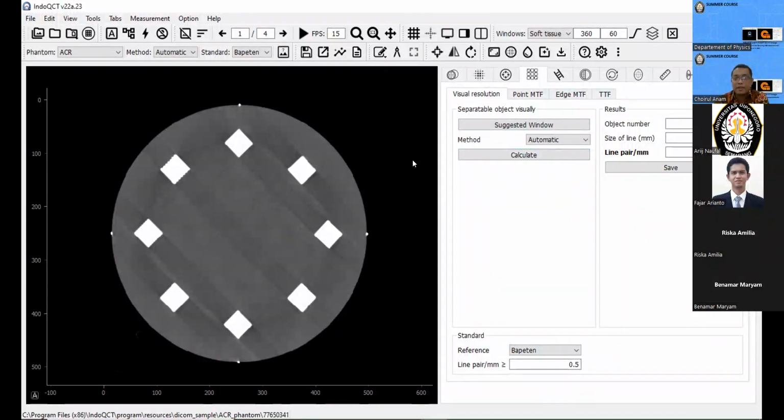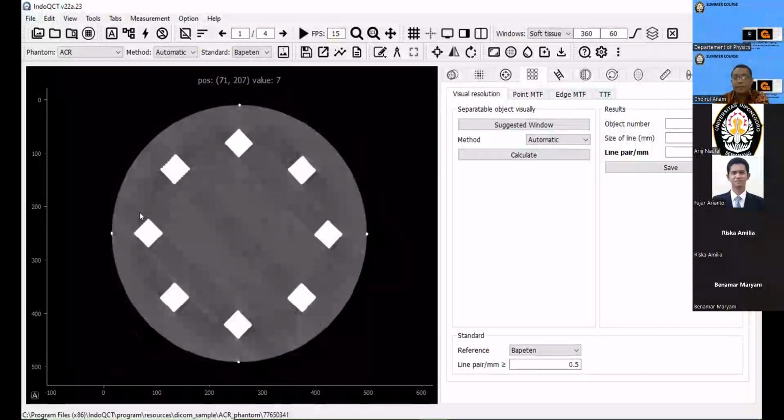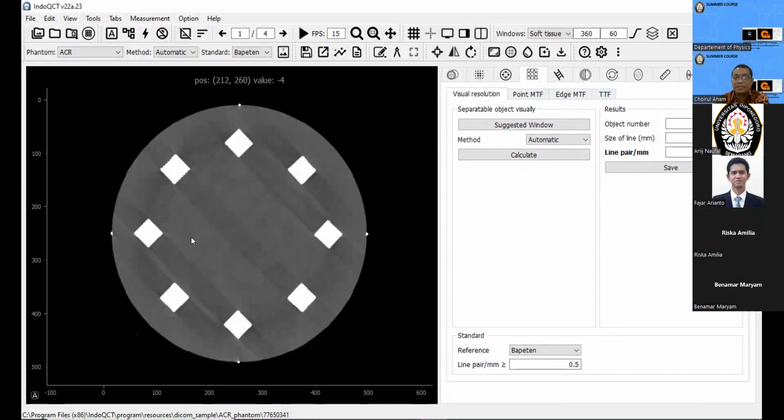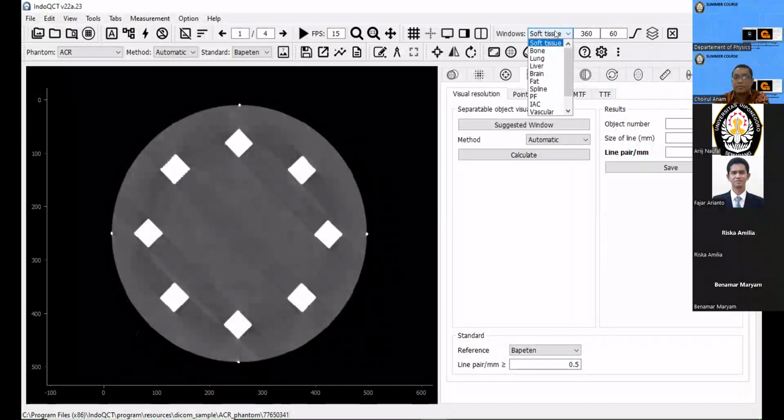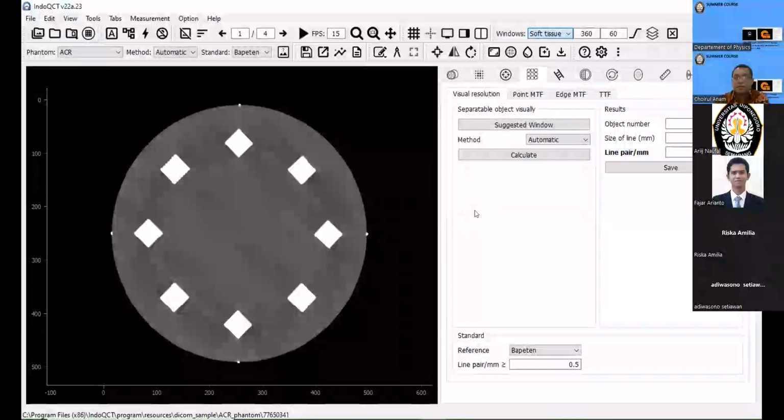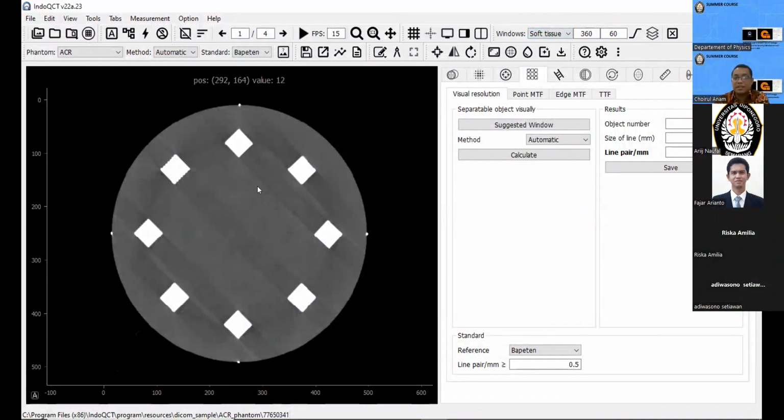First, for getting a good window setting for this image, we can set the window to bone, lung, liver, brain, and so on. But for this image, we can use the suggested window.